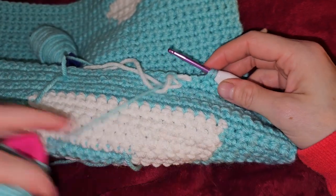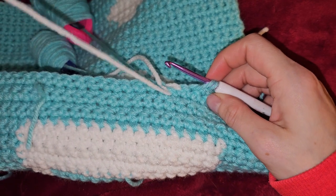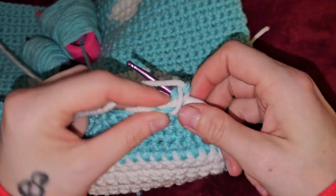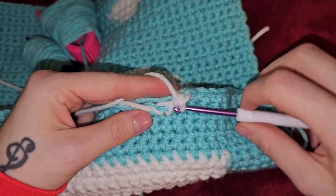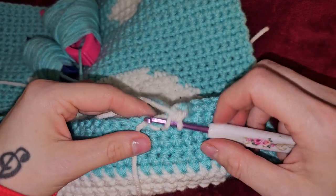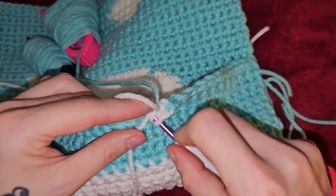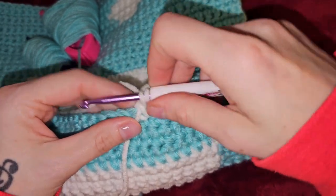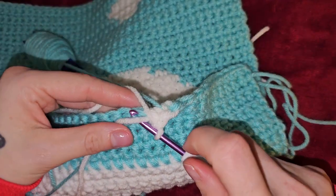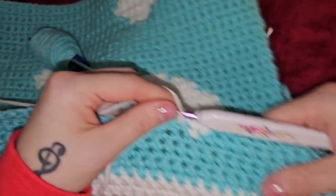we're going to do 3 white, going into that teal, 1, picking up that white and the tail, into that white stitch, 2, 3,